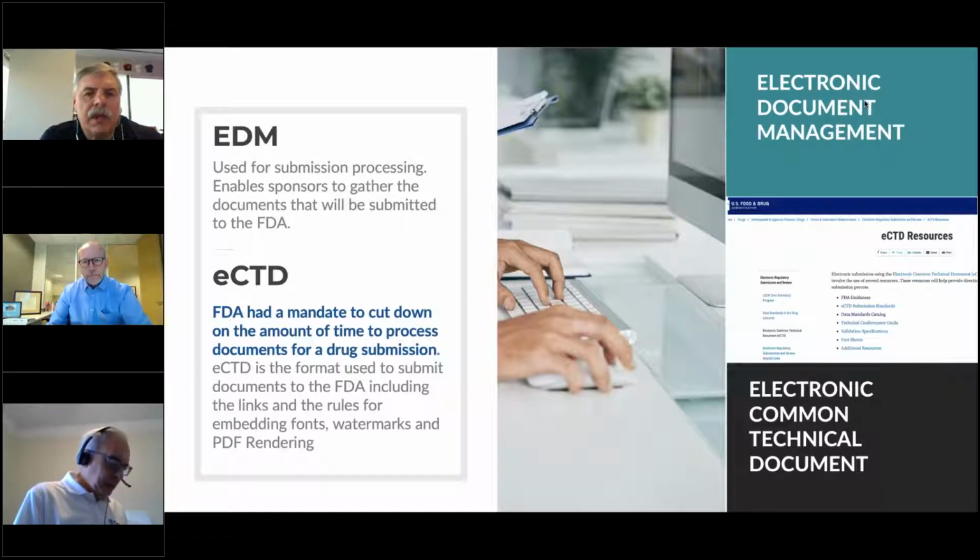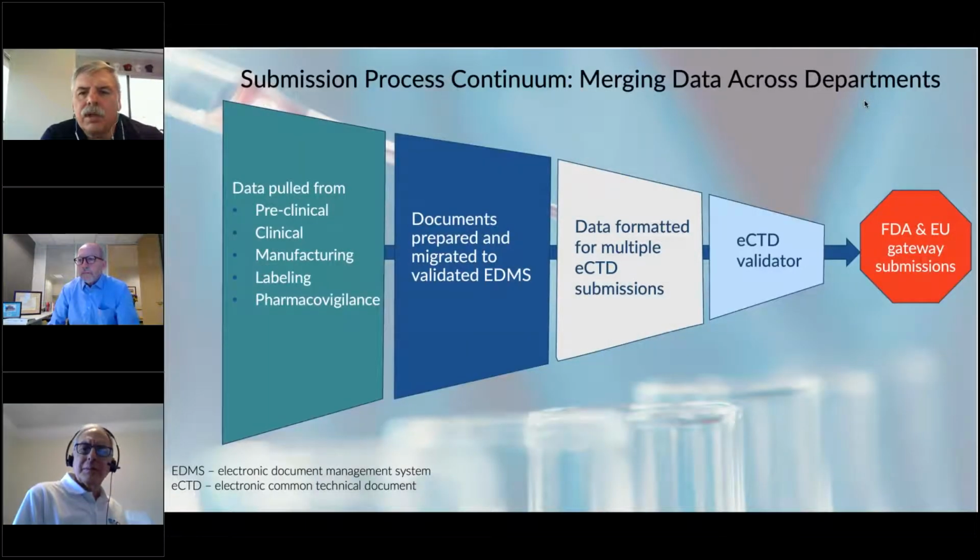One of the big problems was that they were getting so much data in over time that it was very hard for the FDA reviewers to be able to look at all that data. By putting it into a very certain format, they can look at that data, and it made life a lot easier for them to be able to go through documents, click on links between documents, and have that data available for them to do their review cycle and cut down on that review. So taking a 5-year review down to months, and if we look at last year, the amount of time it took to do the review on all the COVID drugs coming in and being able to use some of those vaccines, it was astronomical how fast they were able to do that and get that done. Howard, how about some comments on